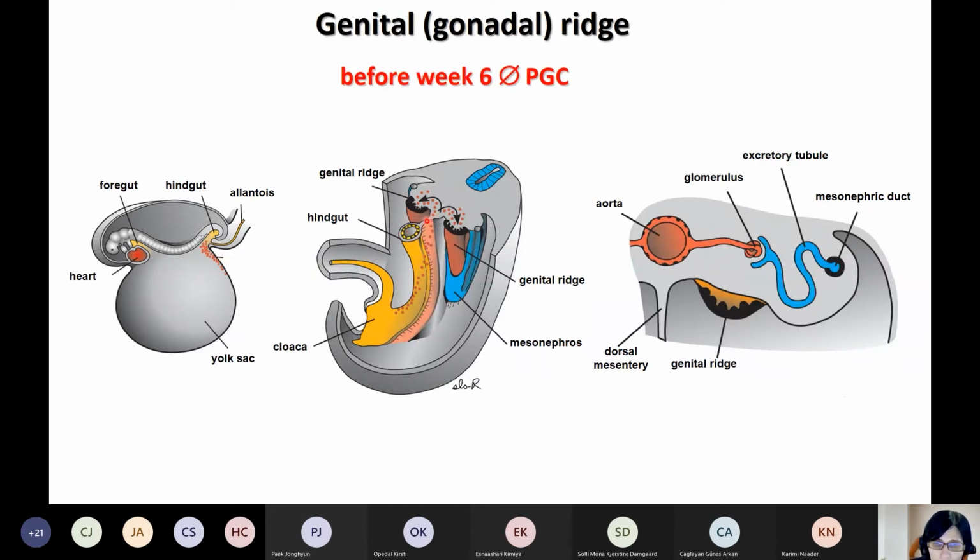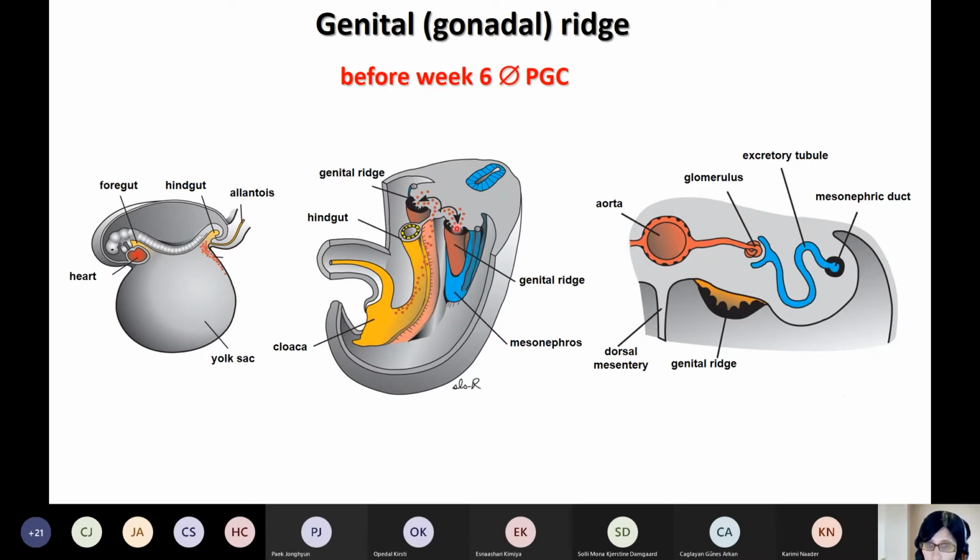That is the mesentery attaching the hindgut to the posterior body wall, and along this mesentery, the primordial germ cells can reach the genital ridge, and then these primordial germ cells will populate the genital ridge. And then here we will get both the genital ridge, which is from the intermediate mesoderm, plus the primordial germ cells, which came